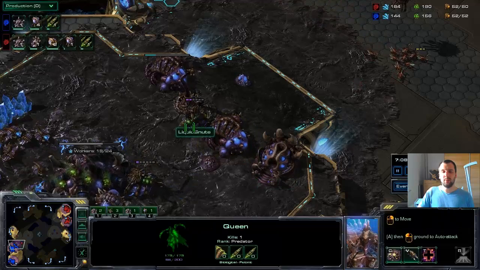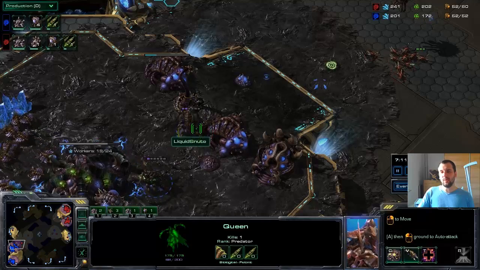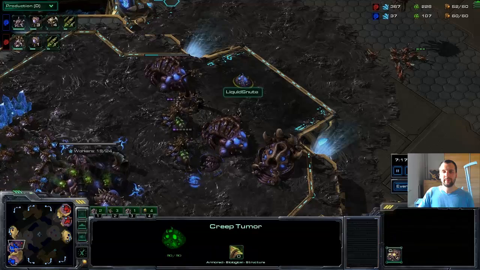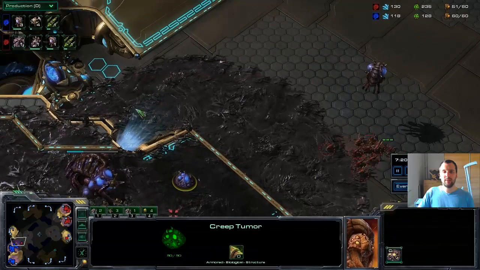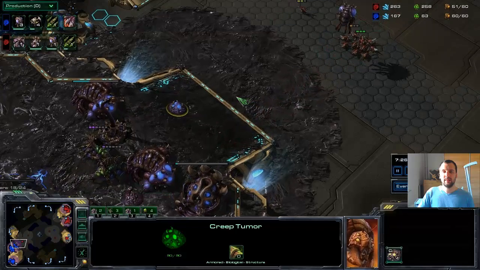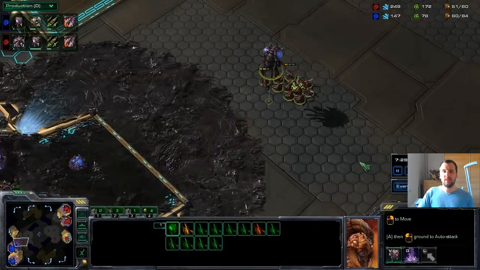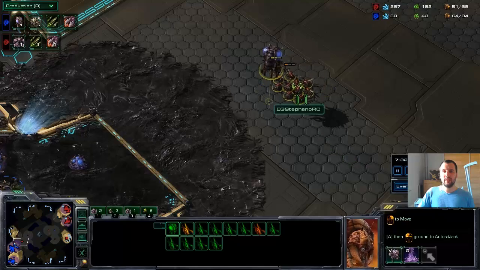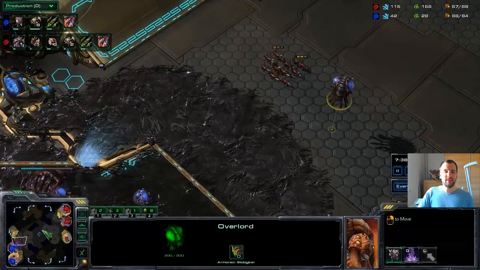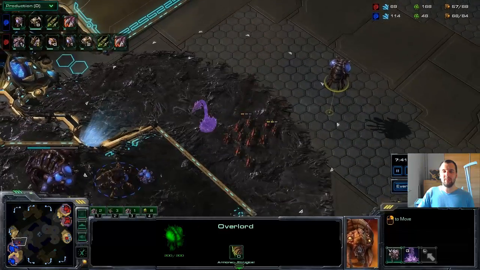And of course, with 1 queen here, you can actually do this quite well. So you can actually defend this quite well. So the creep tumor might actually spread to the side or something like that. We'll have to see. Obviously, the Zerglings here are just anxiously waiting for something to do, but there is an overlord overhead, so yeah, it's not really a big surprise what's going to happen